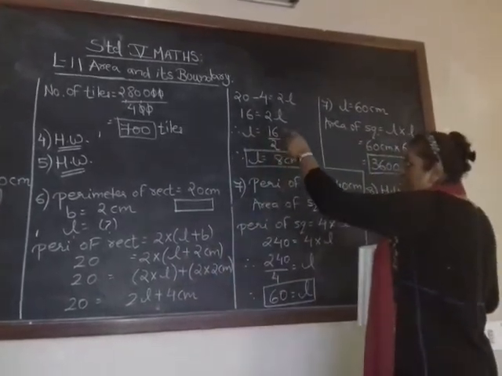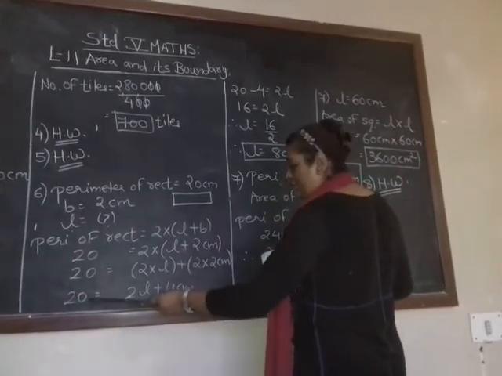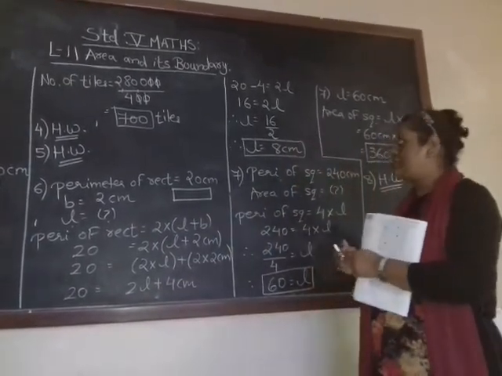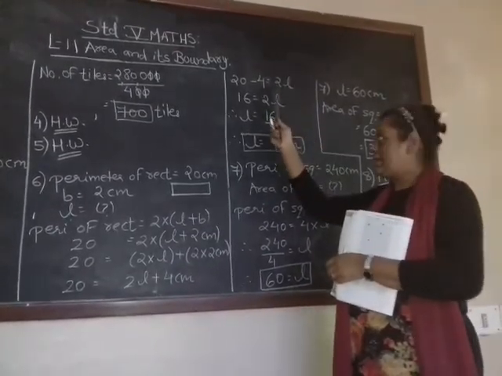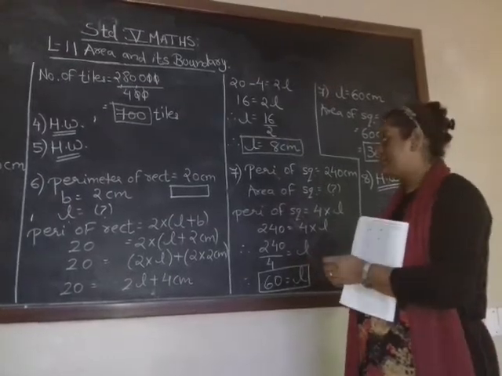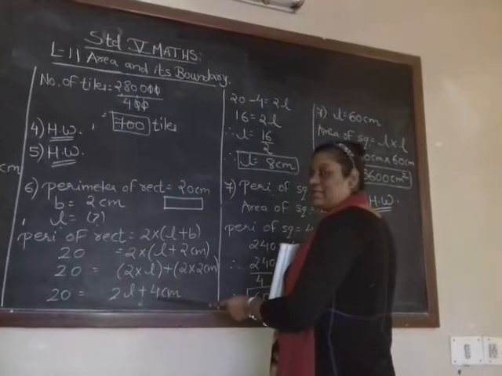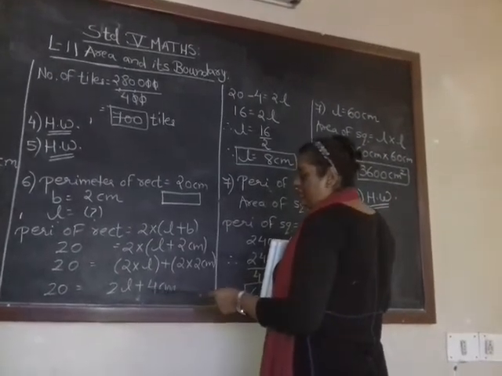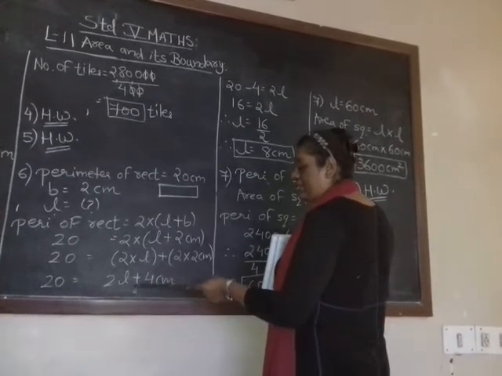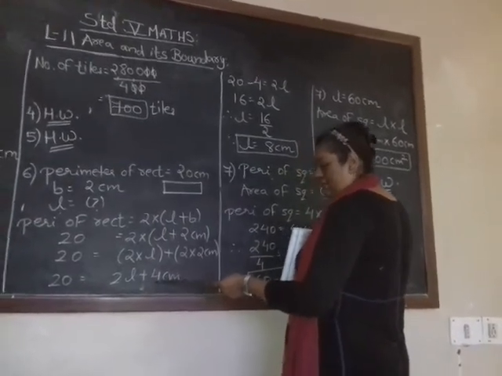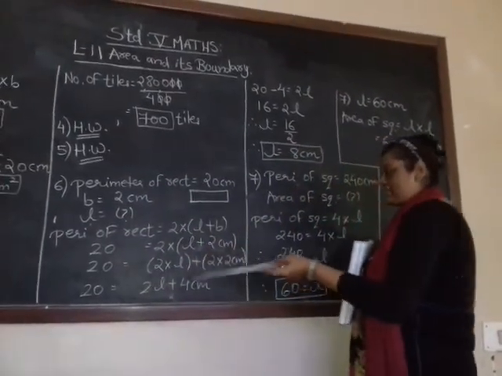Now 20 and this 4 centimeter, this 4 centimeter will go to the opposite direction. I cannot bring 20 here. Why? Because if I bring 20 on this side, it will become minus 20 and my answer will come in minus. That is not possible at all. So the number which is smaller will shift its position or direction. This 4 is in plus sign, so when it changes its direction, it will become minus, and vice versa, right?